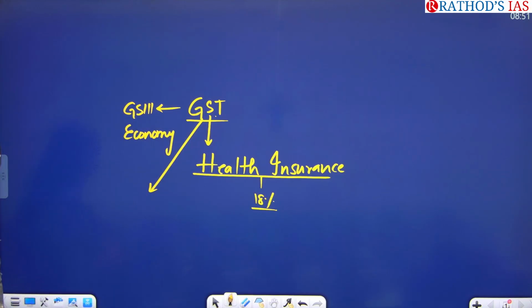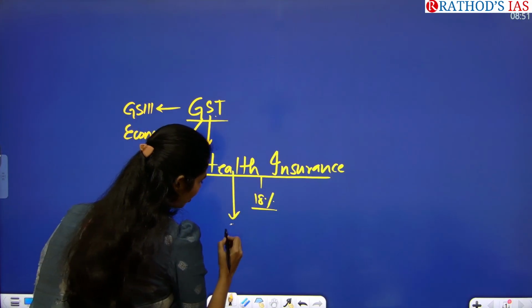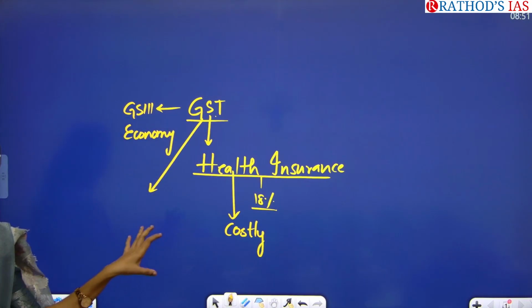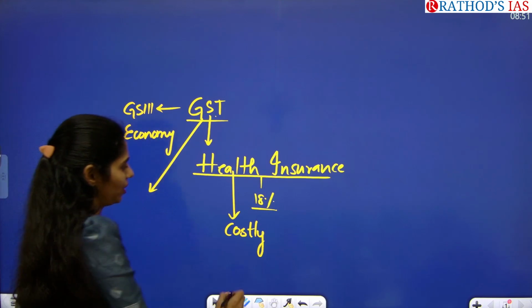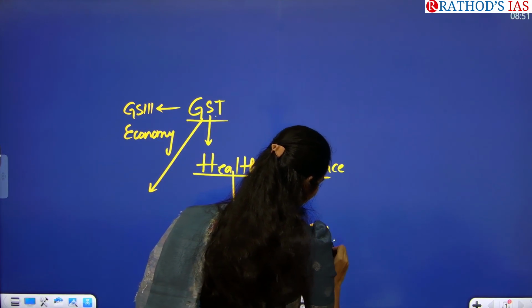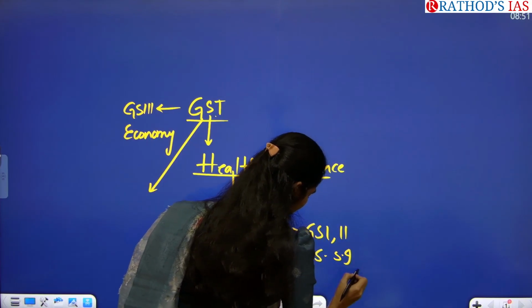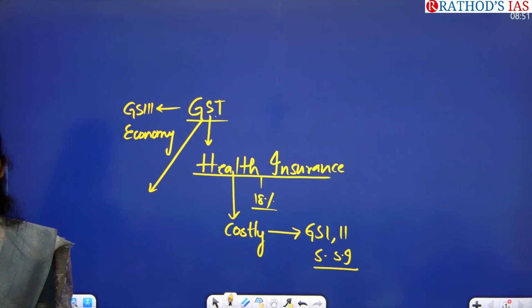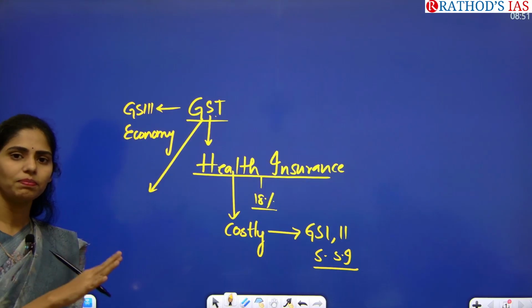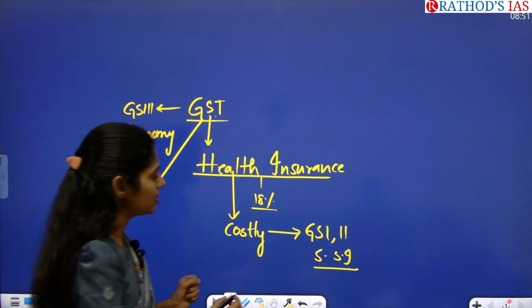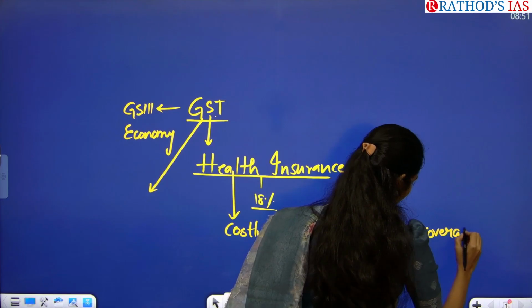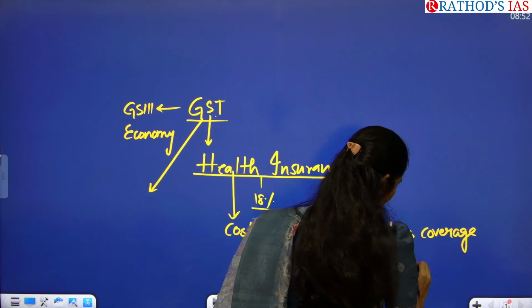So what happens whenever there is an 18% slab on this health insurance? So this health insurance will become costly, right? So when it is becoming costly, it is having impact on society. Okay, so can we also see this from GS Paper 1 and 2, society and social issues? Yes, right? Okay, so whenever this health insurance is becoming costly, then what is the impact on society? Whether it is positively impacting or negatively impacting? Negatively. That means people will be having less coverage of this insurance, and it becomes less affordable